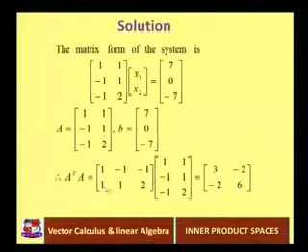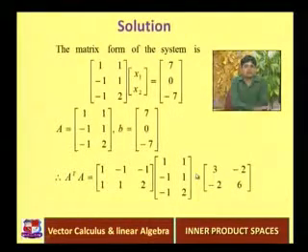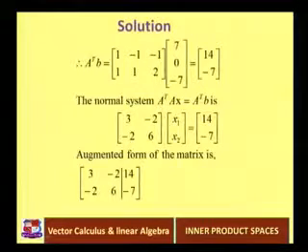And A is written as it is. If we multiply these two matrices, the resultant matrix is 3, minus 2; minus 2, 6. Now for the solution we also require A transpose b, which is 1, minus 1